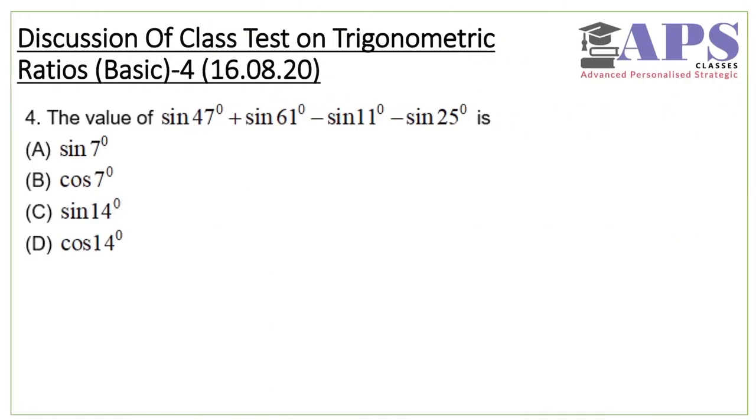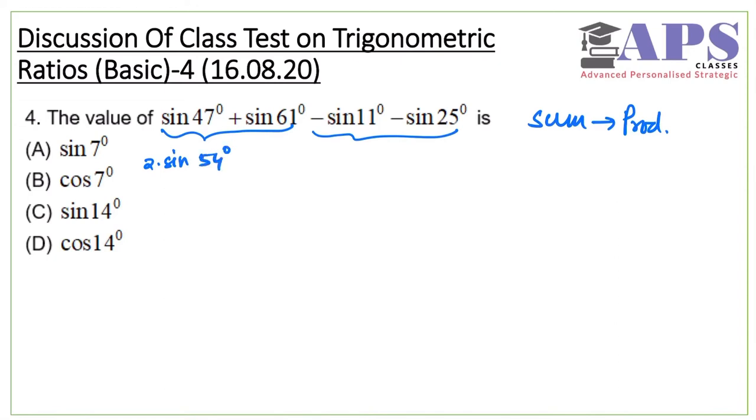In question number 4, by looking at the question, you can understand that you have to apply a transformation formula for these terms, that is sum to product. So when you know that sin C plus sin D is 2 sin of (C plus D) by 2, which is 54, into cos of (C minus D) by 2,